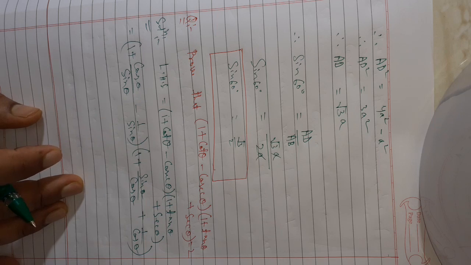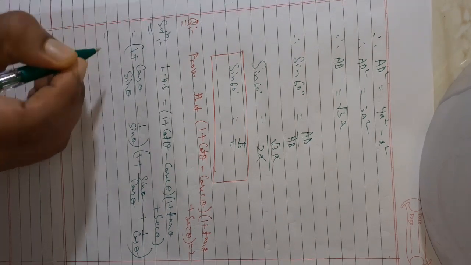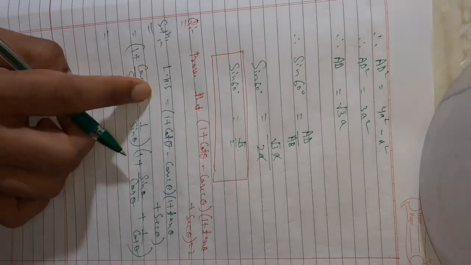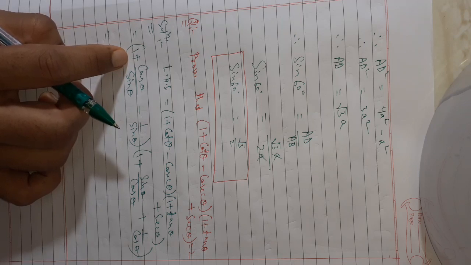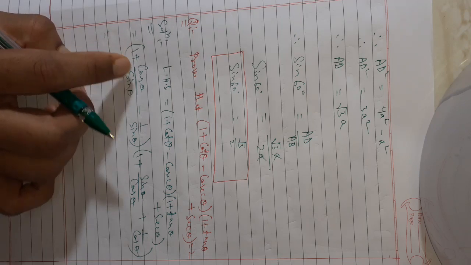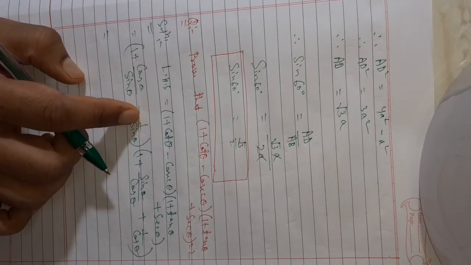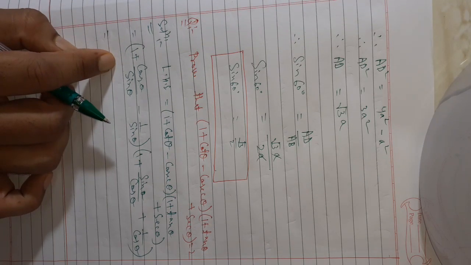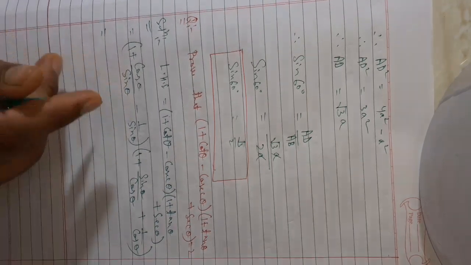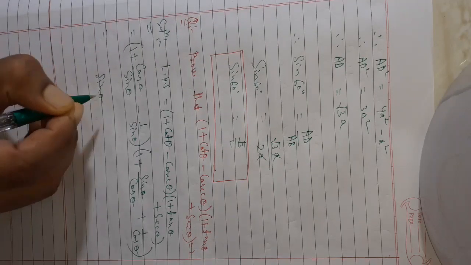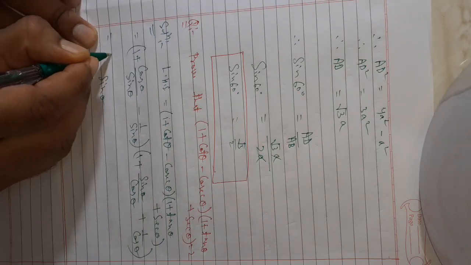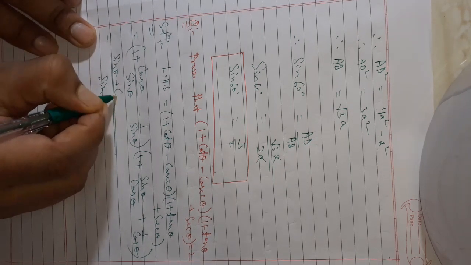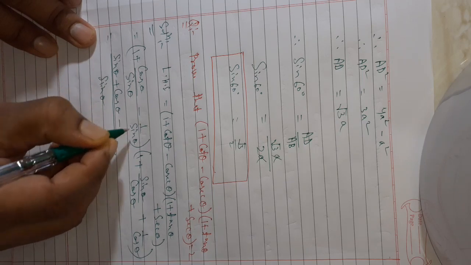Now this is what LHS is equal to. Now we will take the LCM. Here is a fraction, here is a fraction, and the 1 we can write as 1 upon 1, so all are fractions. I told you, where there are fractions, we solve them as fractions, addition or difference. Taking the LCM here, we get sin theta. So here is sin theta plus cos theta minus 1.